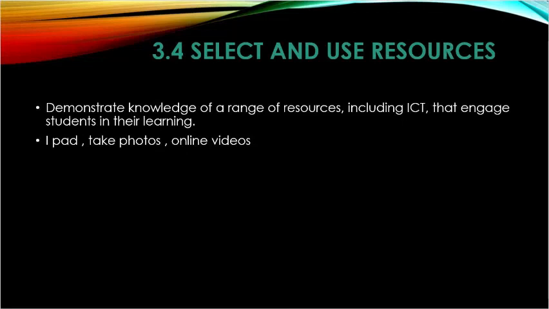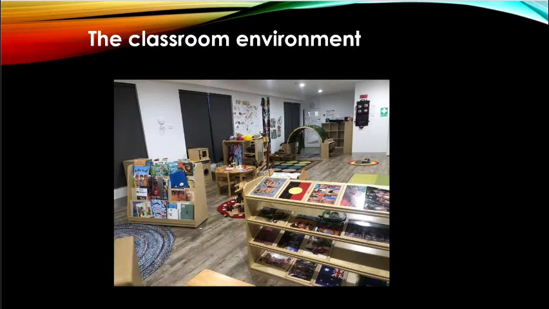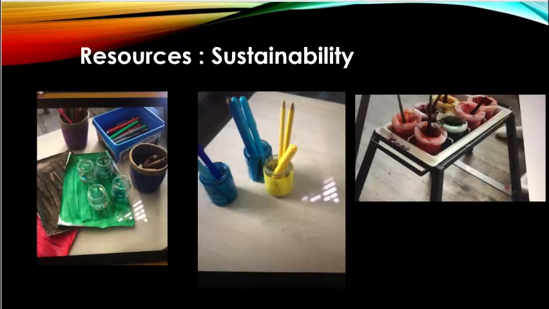The classroom environment is the third teacher. How we set the environment determines how settled children are. We need to provide private spaces and little group places. Noisy activities and quiet activities should not be together. As you can see, books and puzzles are together and construction is a bit far away. To teach children about sustainability, we always try to use recycled material as resources, for example, making their own paints, glue and play-doh.